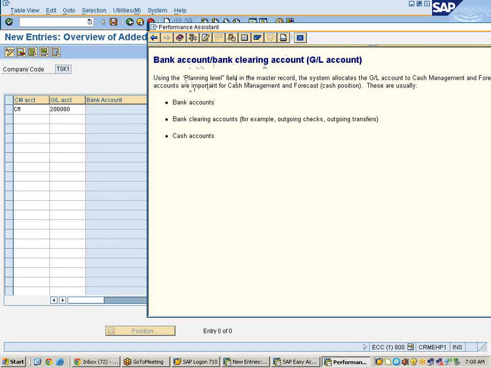If you assign this planning level to the appropriate general ledger in the bank account, the system allocates the GL account to cash management, and the accounts are important for cash management and forecast. These are usually done from bank account, bank clearing account, such as outgoing and incoming transfer and cash accounts.